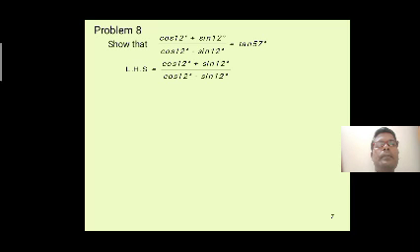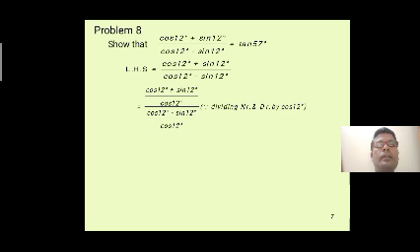LHS: cos 12 plus sin 12 by cos 12 minus sin 12. Now we take both numerator and denominator divided by cos 12. That is equal to (cos 12 plus sin 12) by cos 12, and the whole divided by (cos 12 minus sin 12) divided by cos 12. Now we can split it. In each part we divide by cos 12. We get cos 12 by cos 12 is 1 and sin 12 by cos 12 is tan 12, and also cos 12 by cos 12 is 1 and sin 12 by cos 12 is tan 12. That is equal to 1 plus tan 12 degrees divided by 1 minus tan 12 degrees.